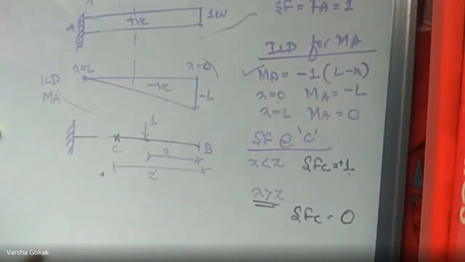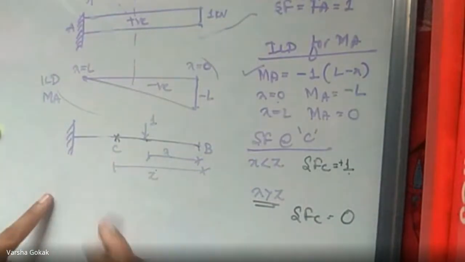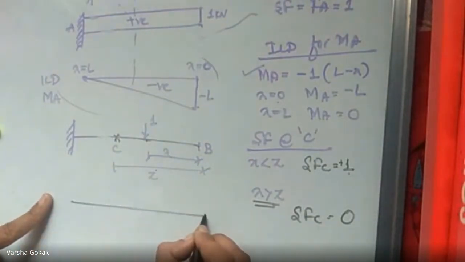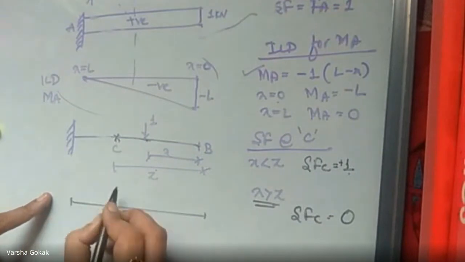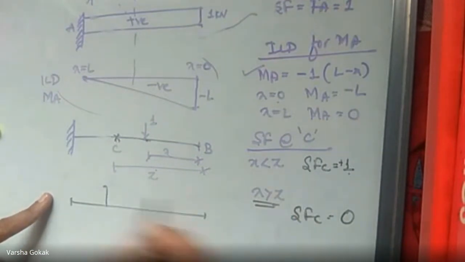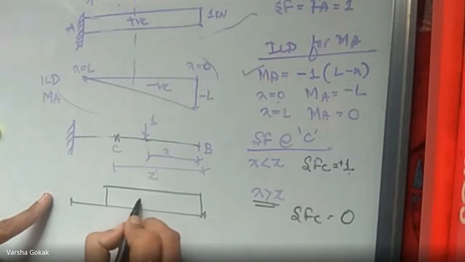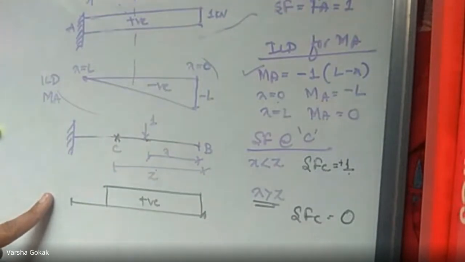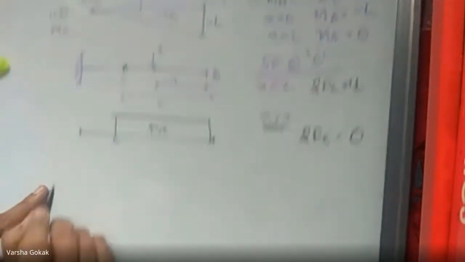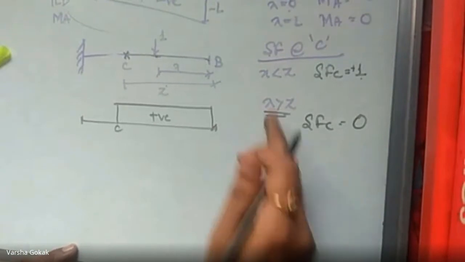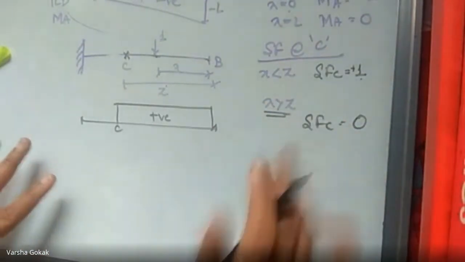So based on this, let us draw the shear force diagram for this case, that is shear force at C. It is like this. And for C, it is 1. We'll take only one condition and we'll draw that too. It is going to be positive. Okay, so this is for C. Next, this 0 no need to show, only 1 we will show.